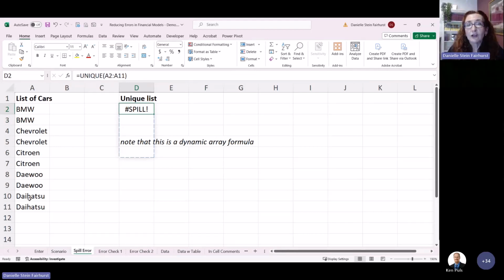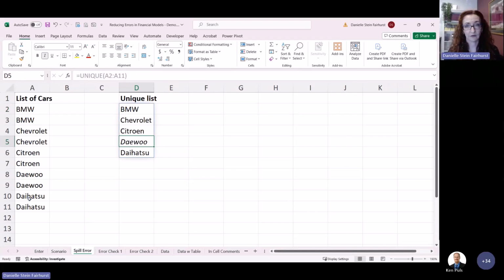If you're ever including a pivot table, we don't use a lot of pivot tables in pure dynamic financial models because with a financial model, you change the inputs and the outputs change. Pivot tables aren't as easily changeable, whereas dynamic arrays are. Dynamic arrays are fantastic for financial modeling, but you do need to be careful about giving them lots of space, a little bit of room to go. So that's a new Excel error to be careful of.